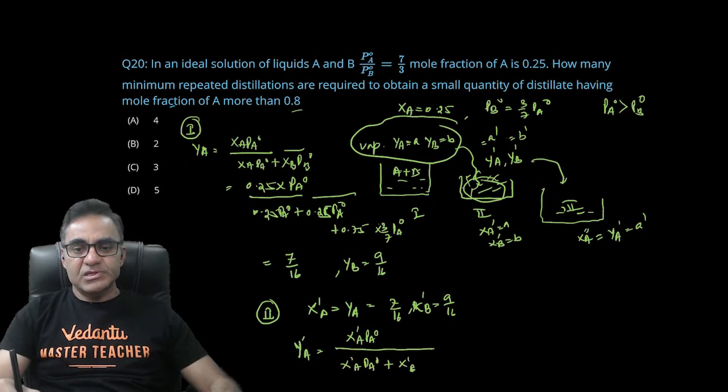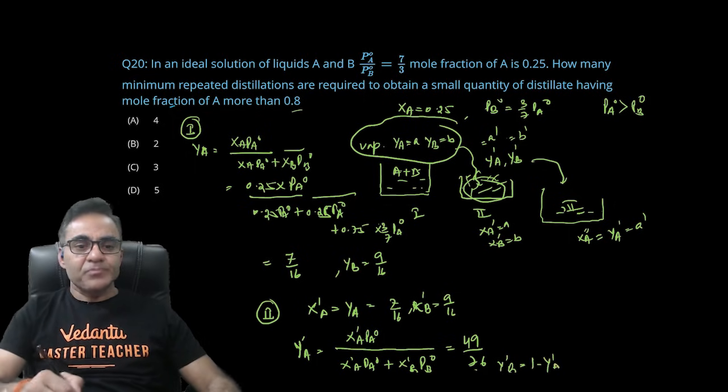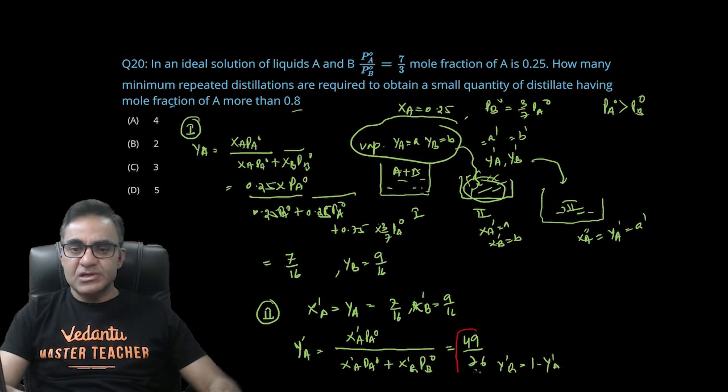प्लस एक्स डैश बी पी बी नॉट, राइट। यहां पे आप सारी वैल्यू जब डाल दोगे एक्स डैश ए और एक्स डैश बी की, तो ये एक्चुअली आता है 49/76, तो यहां पे वाई डैश बी हो जाएगा आपका 1 माइनस दैट, वाई डैश बी 1 माइनस वाई डैश ए से निकाल लेना आप, ठीक है। अब अभी 49/76 इज स्टिल 0.8 से कम है, तो दो स्टेप में तो नहीं होगा।